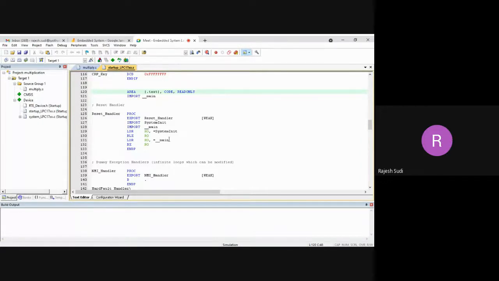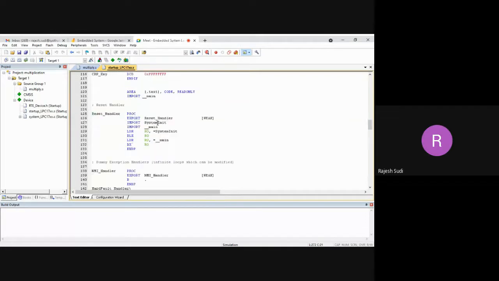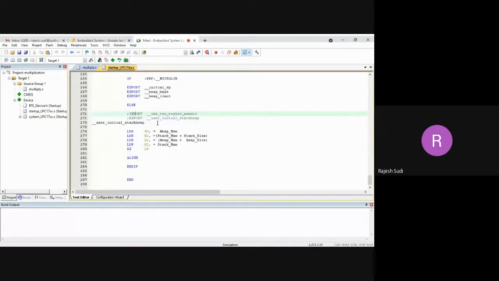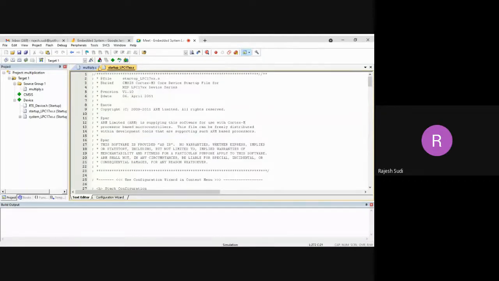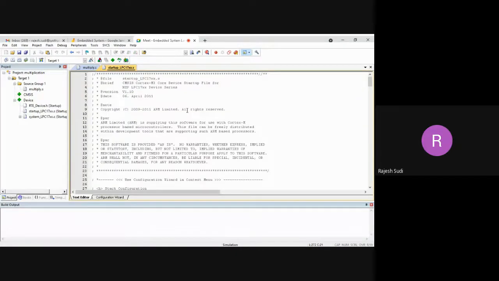Or not, comma is equal to __main. And then here lines 72 and 73 are commented. That's all. Only those three changes we have to make. Very simple. So if you use something else instead of main, whatever you use, it's the same thing you have to give here as import